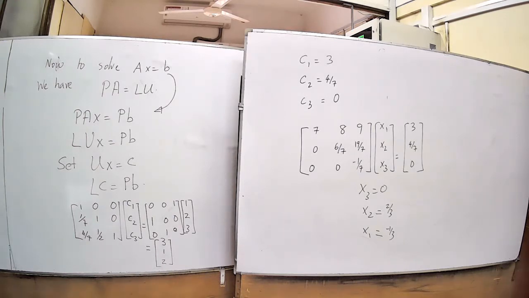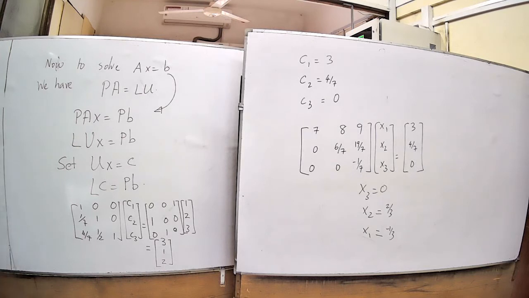Right? So with partial pivoting, this is what you do. So you convert the system into PA is equal to LU and then solve it by using the PA is equal to LU factorization. Again, you divide this into two systems. One is a lower triangular system and the other one is an upper triangular system.